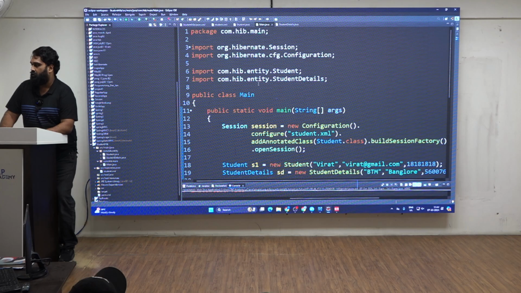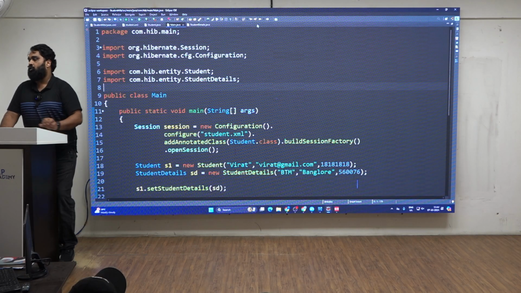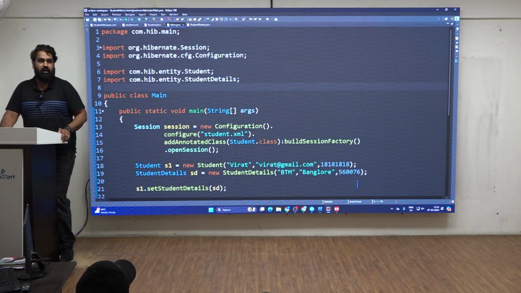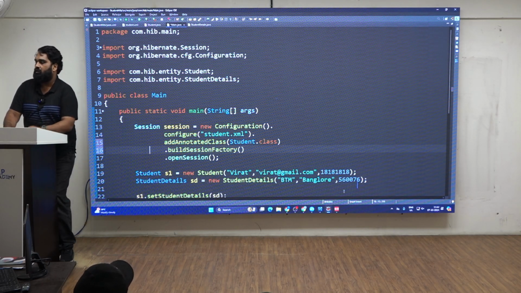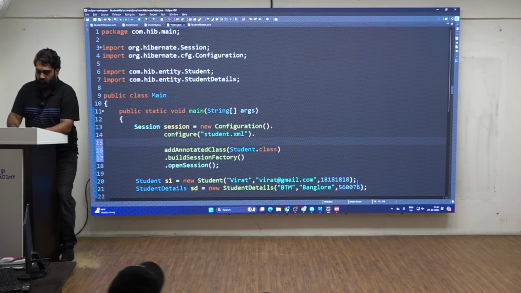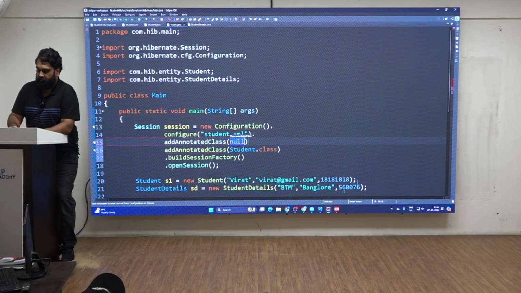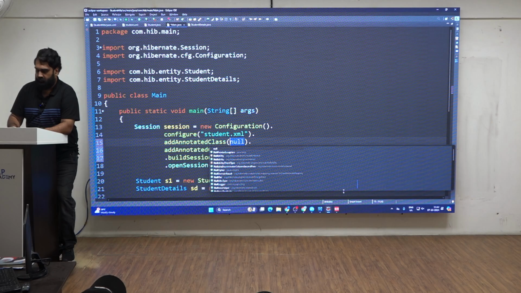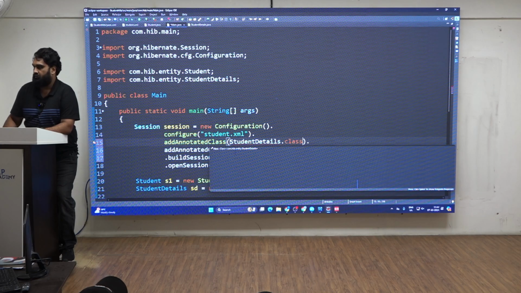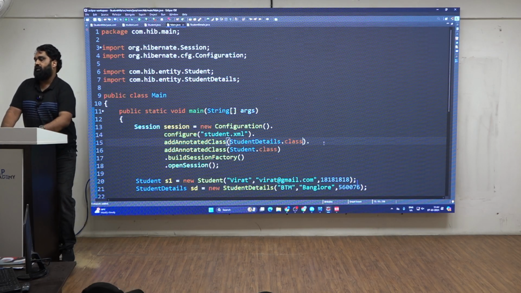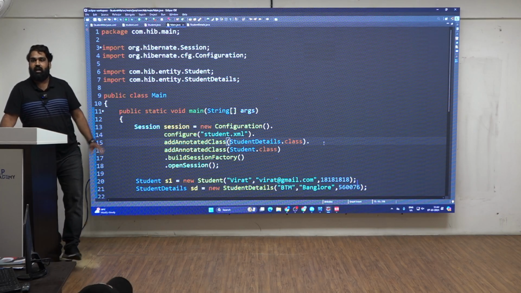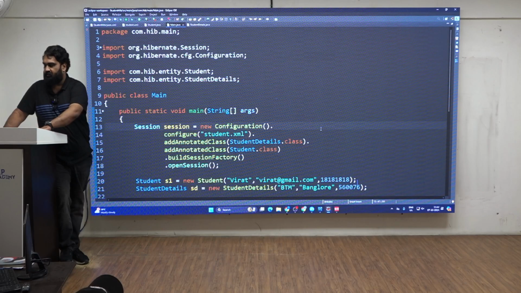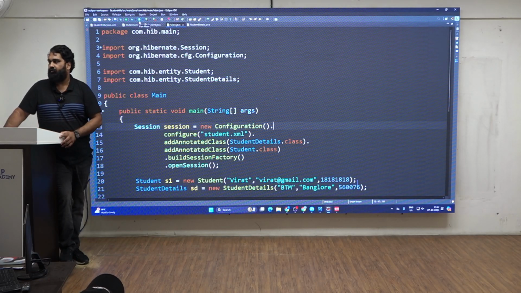So you can see I'll go to the main method. In the main method, I'm only using the student class as the annotated class. Along with the student class, I will also say add annotated class. And what is my annotated class I need to mention? Student details dot class. I'll now have to import student details. I hope it is clear now. So can I try to execute this now? I will now just save this, and in case I run my code,